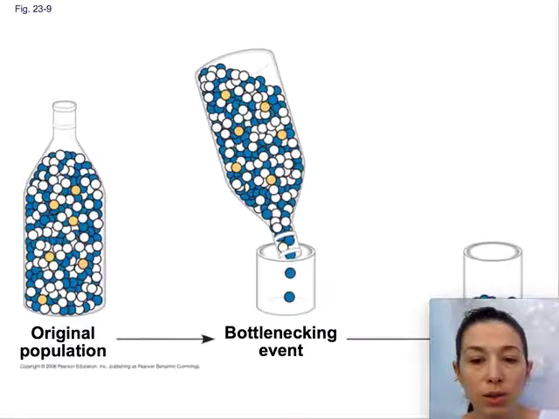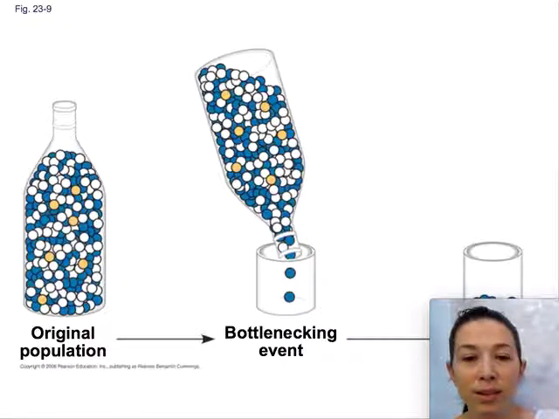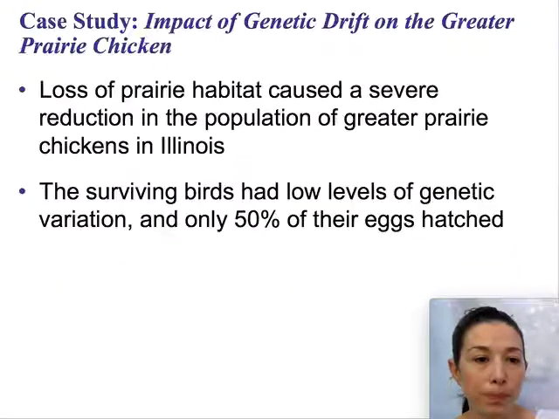So here's a nice cartoon of the bottleneck effect. They're showing you individuals in a bottle to demonstrate why it was named that. So here are the individuals in a bottle, and if you just take a few of those individuals out, maybe we exclude these yellow individuals, so we have a very non-diverse new population that's going to come about. So for example, let's think about